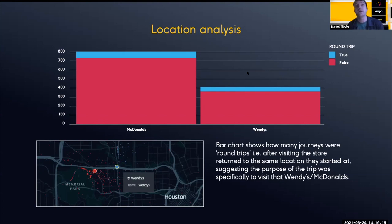And actually what we see is the balance is about right. So McDonald's and Wendy's don't have a different visit rate in terms of round trips to each other, but we were able to see that through the big data. And we can look at it not just at brand level, we could look at it at zip code level, location level, county level, state level, and so on and so forth. Because we're collecting this data via connected vehicles, we can very quickly scale it up, both geographically and over a